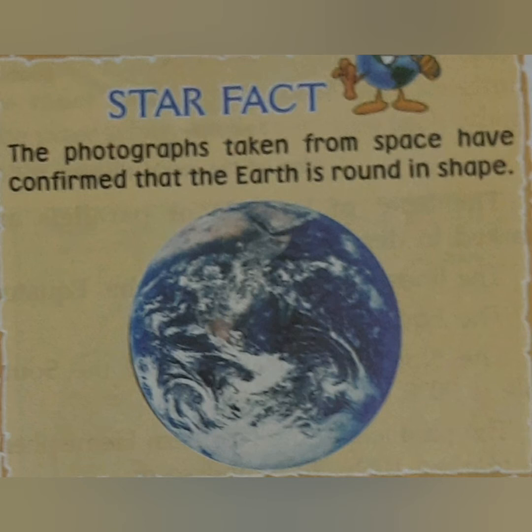Students, it's not possible to see the curving surface from a short distance. To see the curving surface of the Earth, you would have to climb up very high into the sky. Then you can see the curving surface of the Earth. This picture is taken from space and it shows that the Earth is round in shape. From a short distance, it is not possible to see the whole Earth.